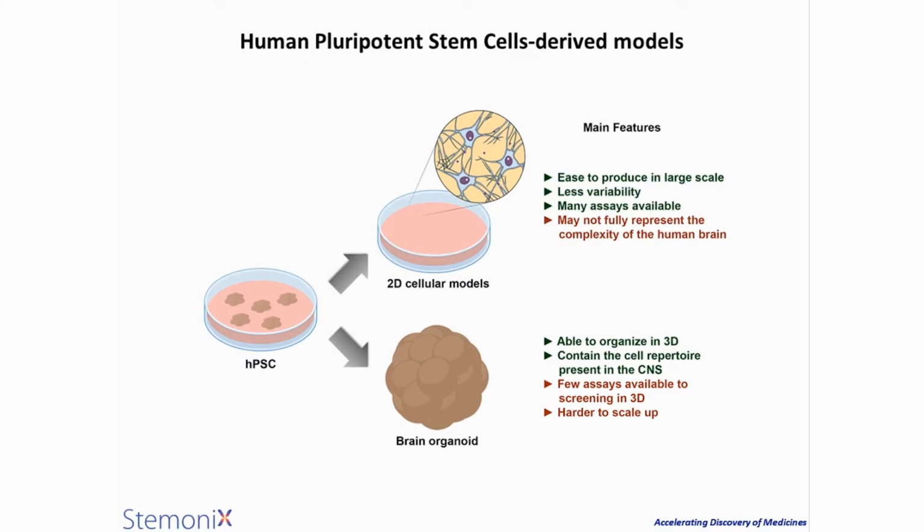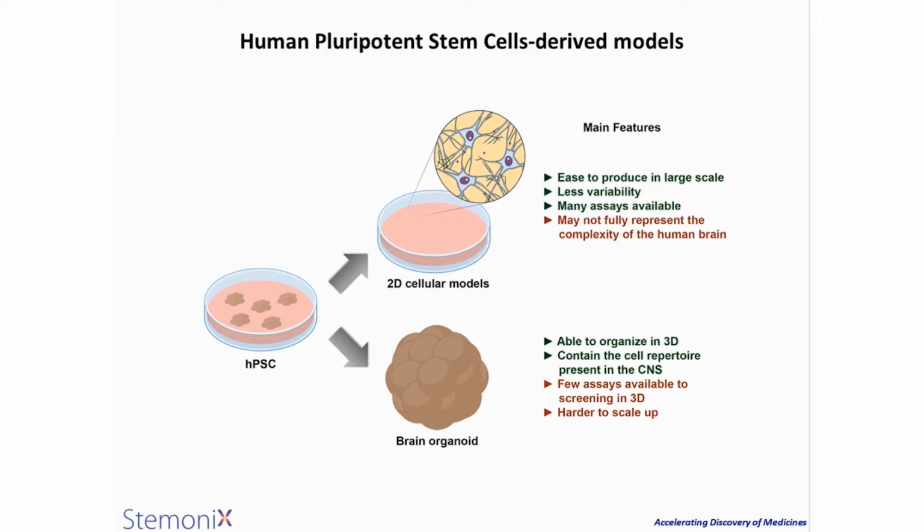With the advent of human pluripotent stem cells, scientists now have access to any human tissue in vitro. The challenge, though, is to find models that recapitulate the key aspects of the tissue or the disease in vitro. More recent research has focused on the development of 3D models, which more closely resemble the human brain, for example. However, some challenges still persist, and among these challenges for the 3D models, the 3 main ones are: 1, how reproducible the assay is; 2, how accurately it recapitulates in vitro what you observe in vivo; and finally, how scalable